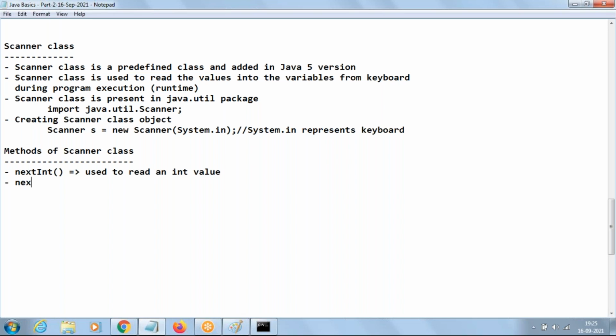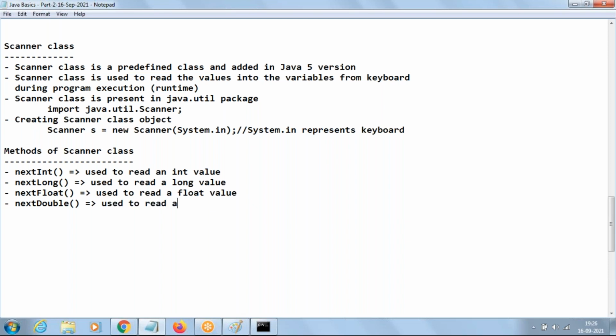nextLong. By seeing the method, we can easily say it is used to read a long value. nextFloat: use it to read a float value. nextDouble: use it to read a double value.